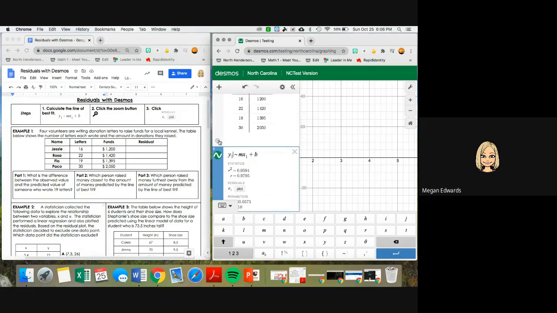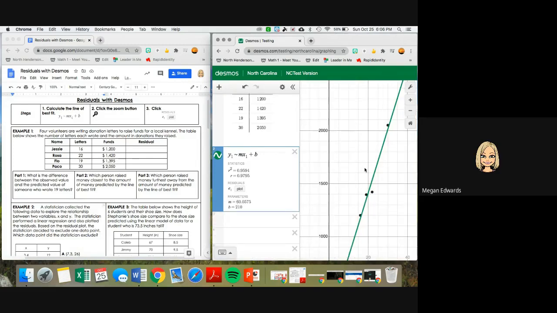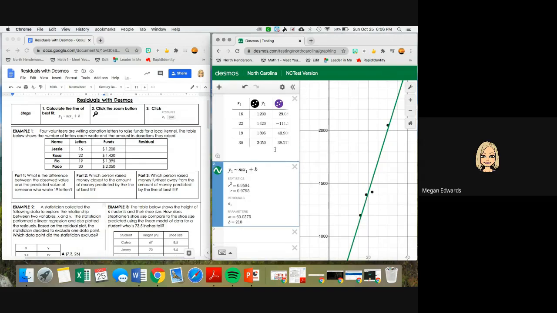Then I'm going to hit the magnifying glass so that I can see what the data and the line are. And I'm going to click one more button this time. So under residuals, it says E1 plot. I'm going to plot those residuals. And if I looked up at my table, I now have an E1 column, and those are going to be my residuals. So I can put those in. So 29.08, negative 111.2, 43.9, and